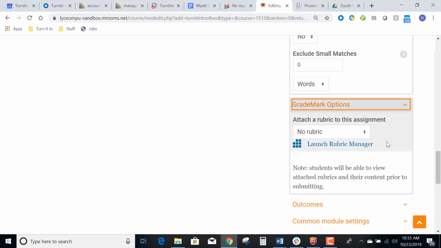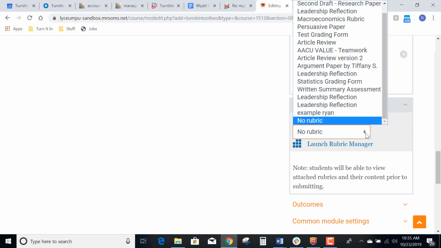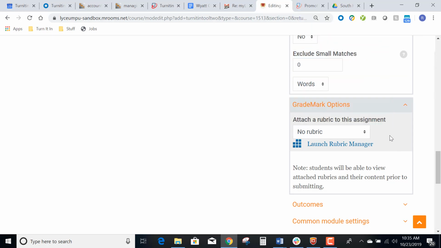Here you have the ability to attach a rubric. If you would like to load a rubric, you can. If you would like to create your own rubric, you can do that by launching the Rubric Manager. You also have the ability to download rubrics from Turnitin's rubric library at